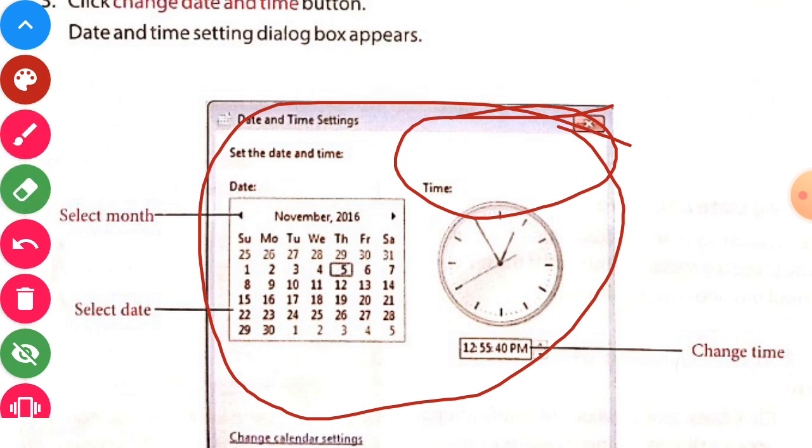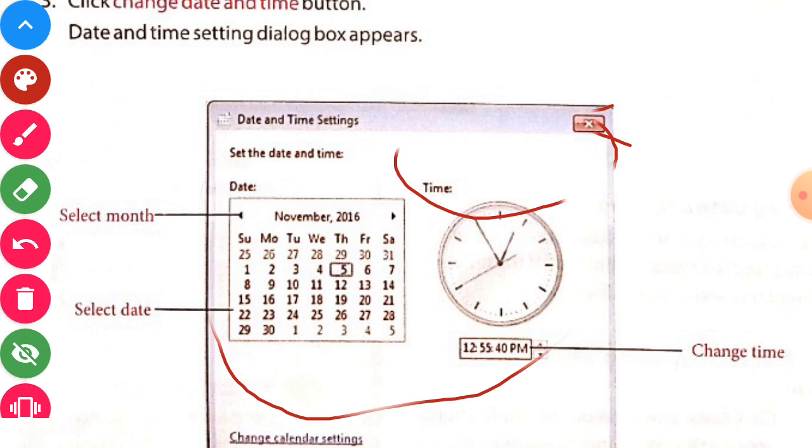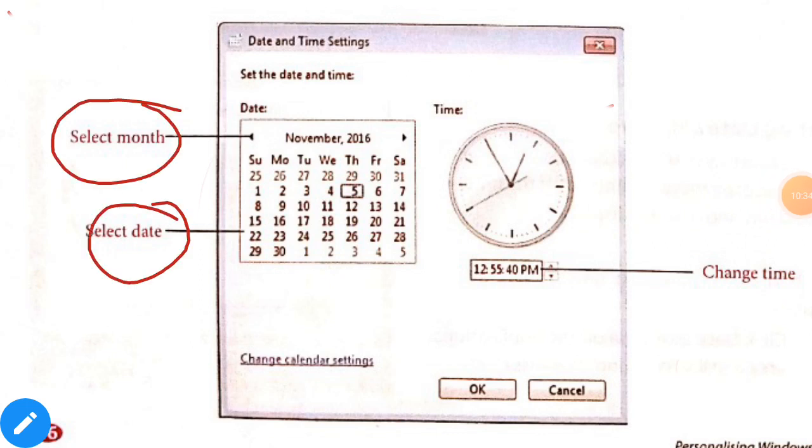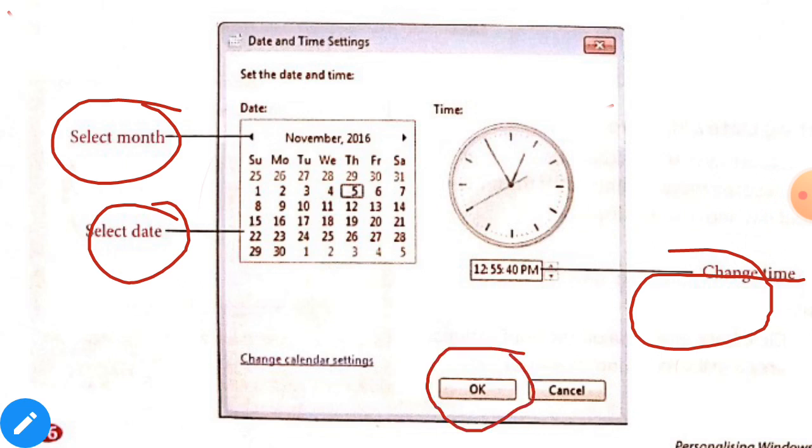Okay children, then you can select the month, you can select the date from here and change the time also. After doing that, you can click on OK. After clicking OK, your date, time and month will all be changed. Okay children.